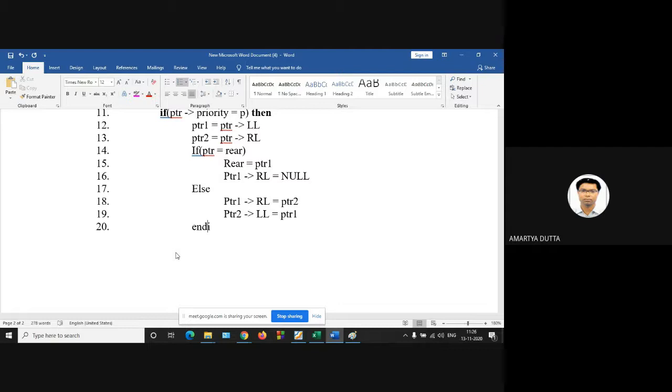End if, okay. So first end if, then again end if. So this is one end if for line number 11, and this is another end if for line number 14.